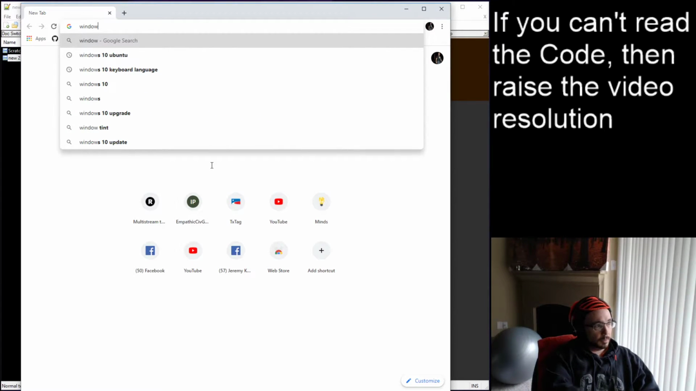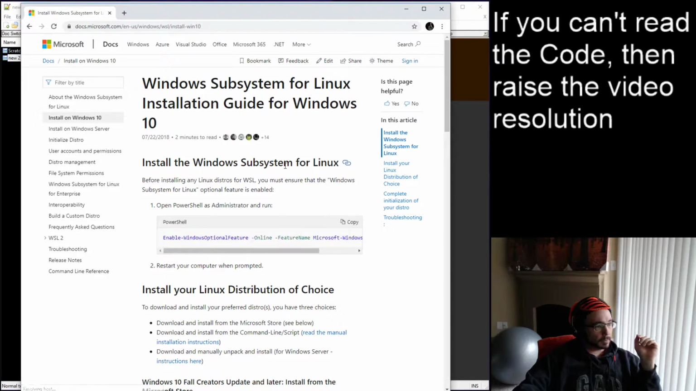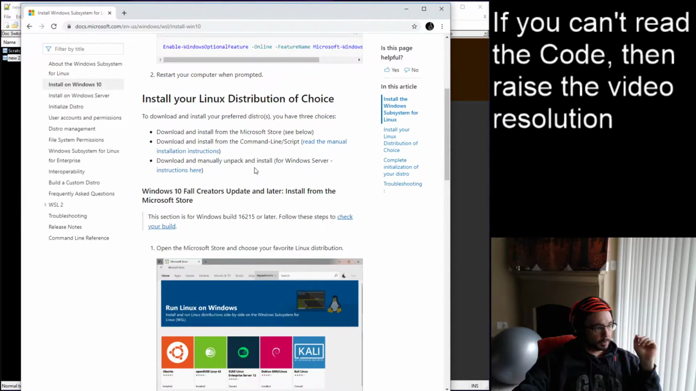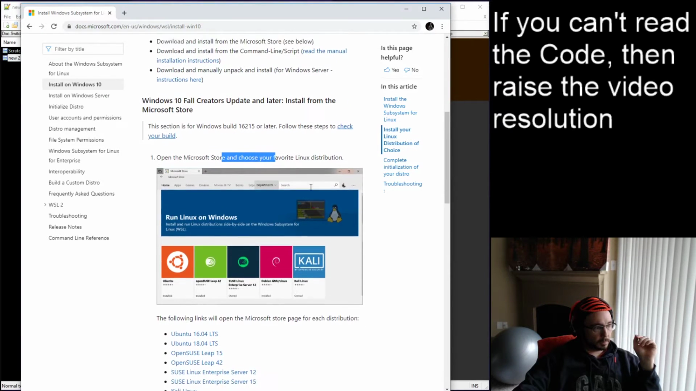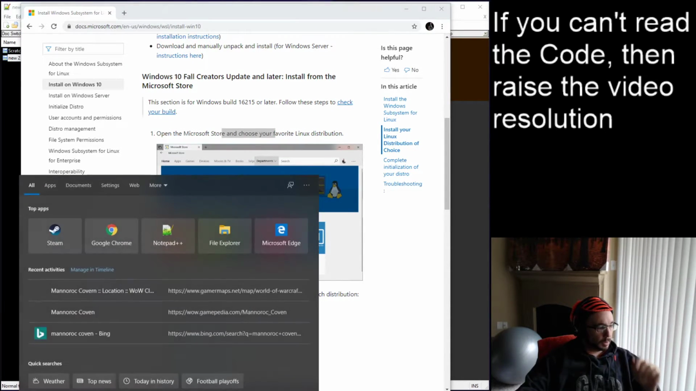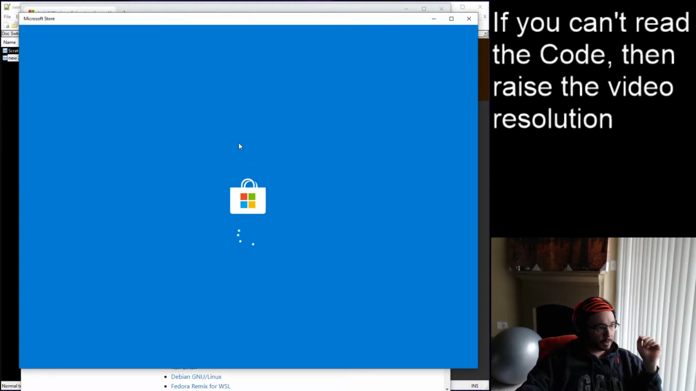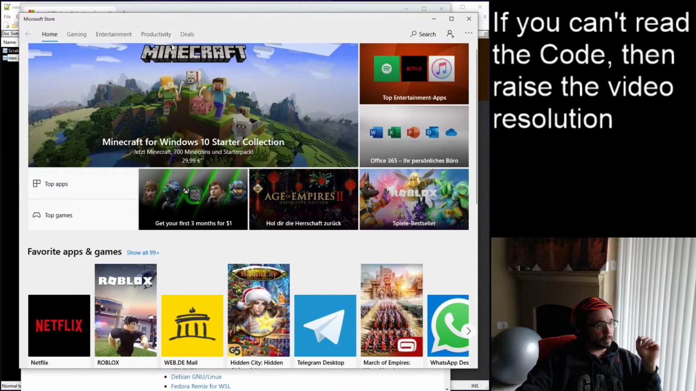So we have Windows 10 Ubuntu. I've done this before, but it's been a while, so we're going to have to just read through and find out what to do. Okay, here we go. So we need to open Microsoft Store, it looks like, and we're going to choose